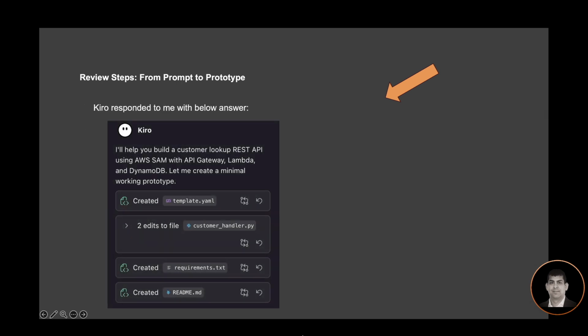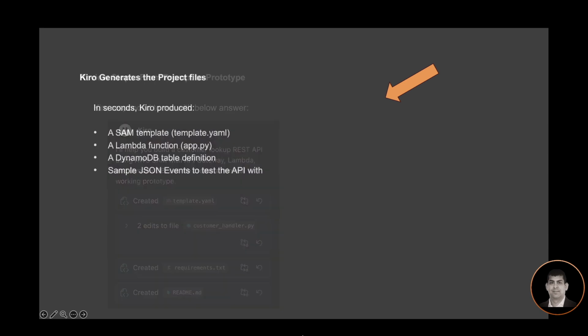Let's see what Kiro did. Kiro responded with the below answer. It said, I will help you build a customer lookup REST API using AWS SAM with API Gateway, Lambda, and DynamoDB. Let me create a minimal working prototype. And then it created a template.yaml. It created a customer handler Python file. It also created a requirements file for dependencies and it created a README document. And this was done really not even in minutes. It was done in seconds, I would say. And I got this working